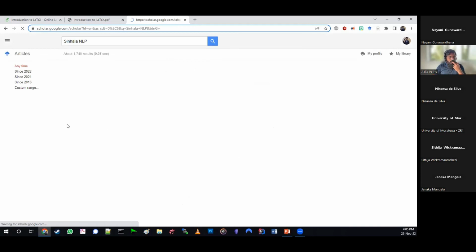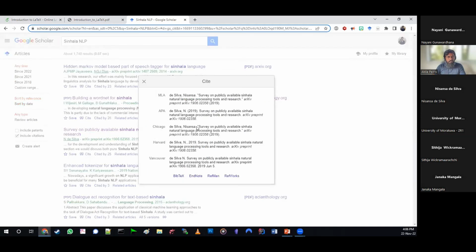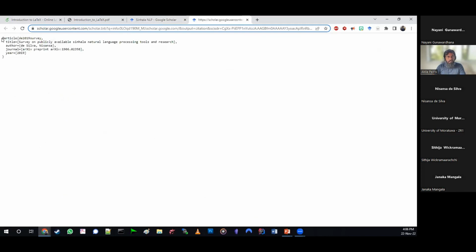and see I have this survey paper, right? So let's see how we are going to cite this. Once you have the paper that you want to cite, you click on this cite button on Google Scholar and say, give me BibTeX. I will open it in a new tab. So there you will get this little block.